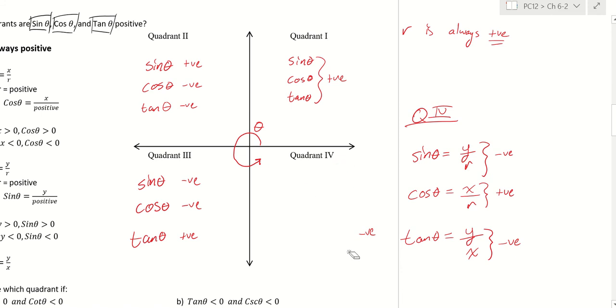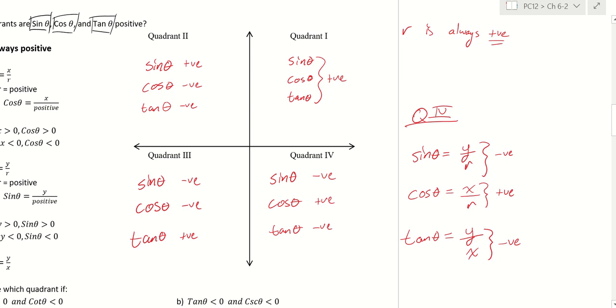So let's record that information here. So the sine ratio in quadrant 4 is negative. The cosine ratio in quadrant 4 is positive, and the tangent ratio in quadrant 4 is negative. This stuff you'll need to know